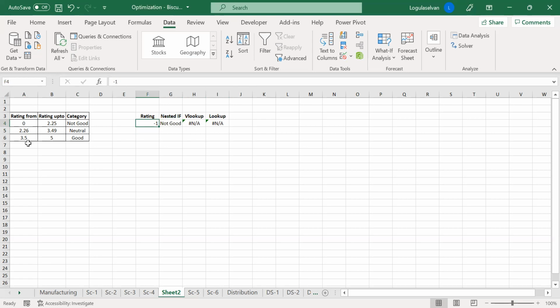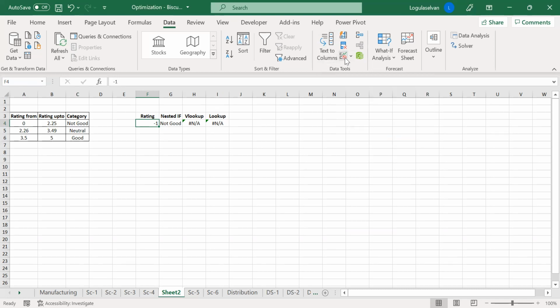So how can we control that the value has to be between 0 and 5? You can do that with data validation. We have already posted a video on data validation, but I am showing it one more time in this video. Select the cell F4 where we want to validate the data.